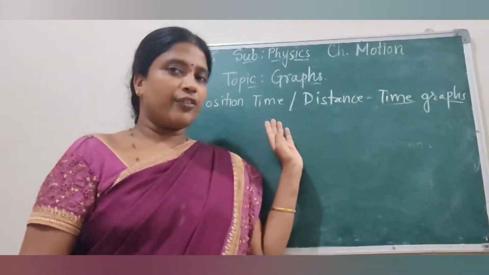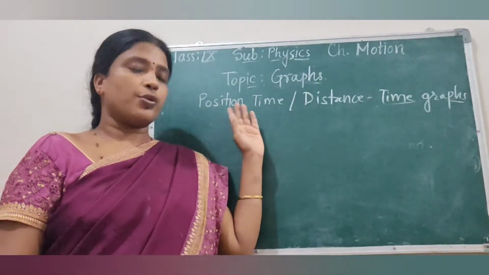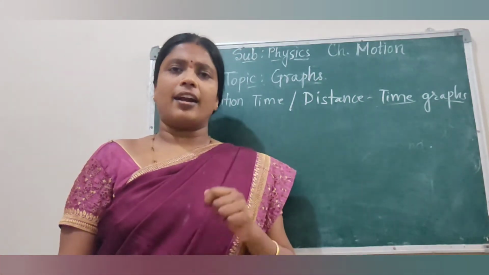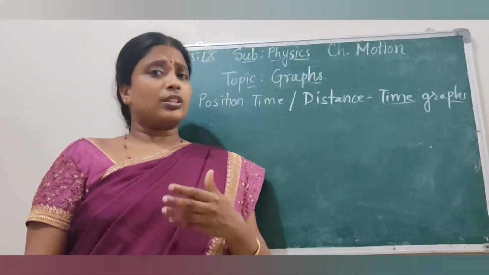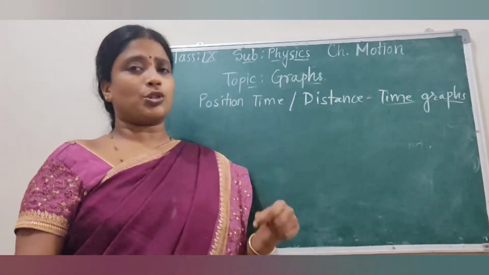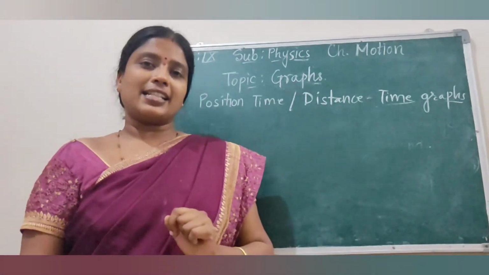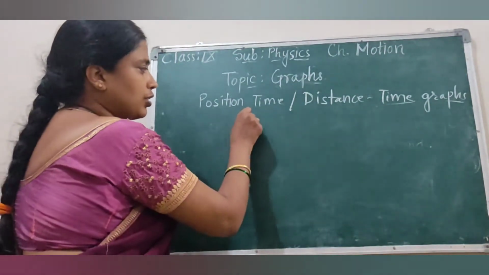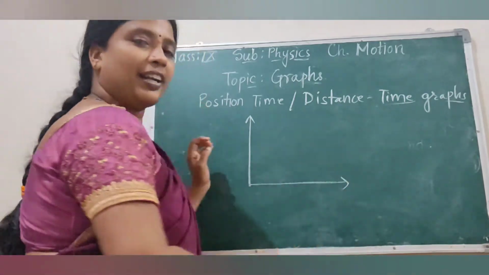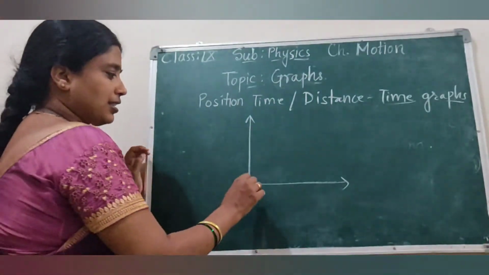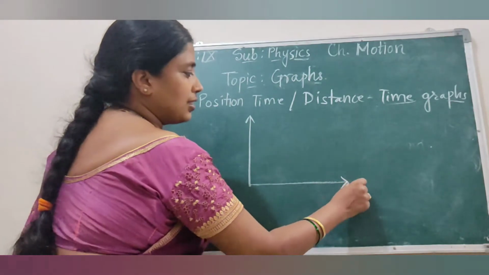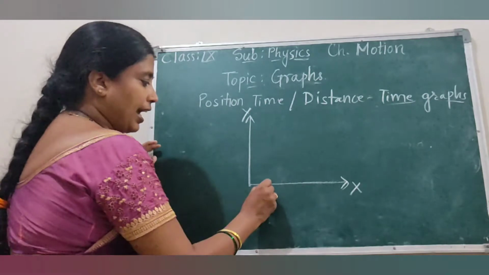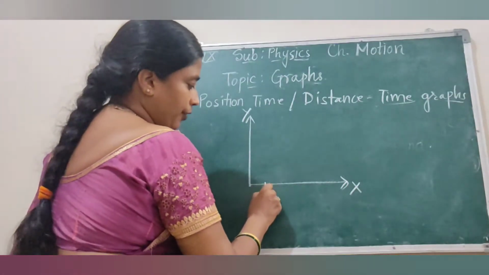Now, before we understand what a position time graph or distance time graph is, let us first try to understand what a graph is, and how it will be useful while studying motion. An example of a graph you have seen is if you watch a cricket match, you might have seen different graphs in it. Suppose this is the x-axis and this is the y-axis, and on the x-axis let us say